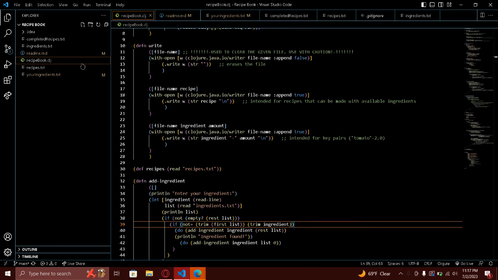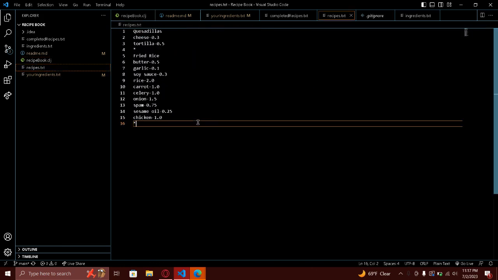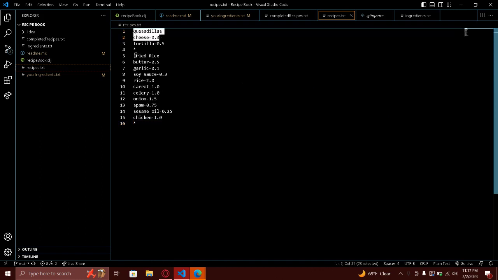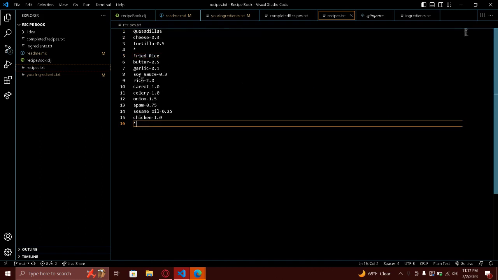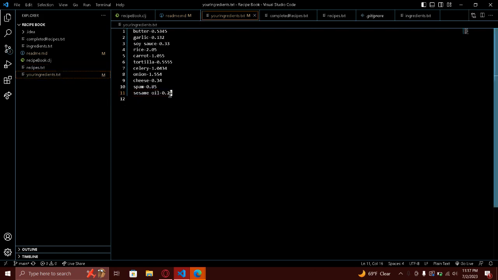It has a list of recipes. Right now I only have two, quesadillas and fried rice, but you could realistically add as many recipes as you want. You just have to add a little asterisk, so that's how it determines whether it's a new recipe. And here's the ingredients that you can add through the program, saying what you have in your kitchen,